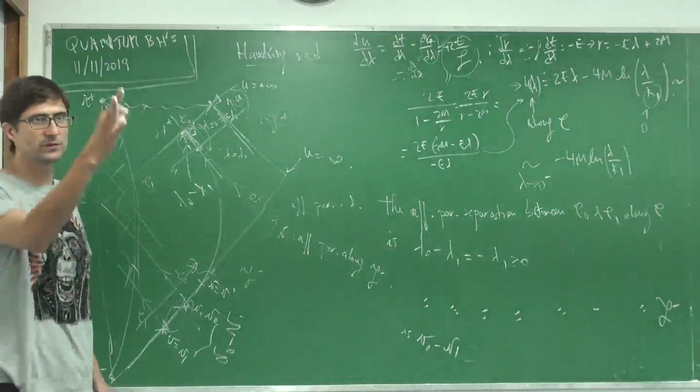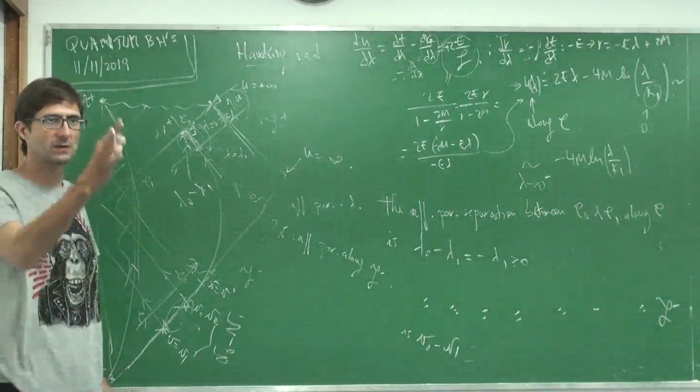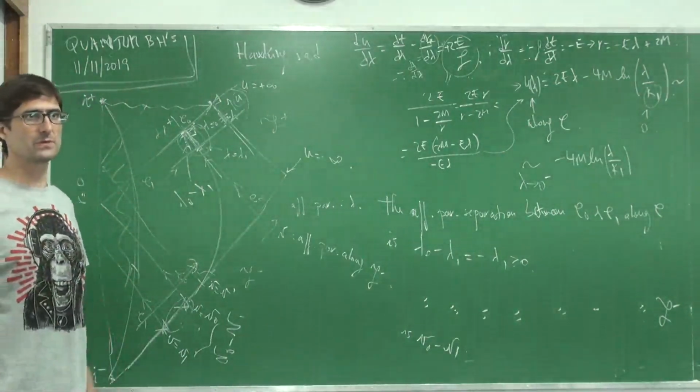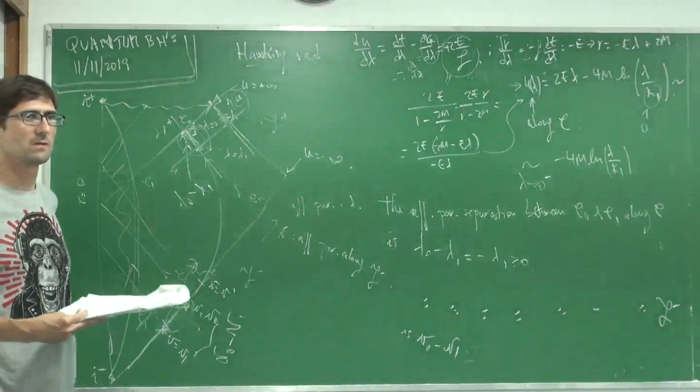V0 is the null generator of the horizon. It's the last one, the first one that can't escape. You could just imagine that without a black hole you have